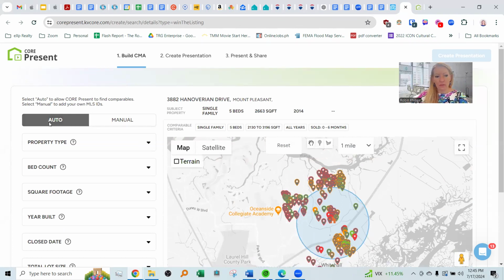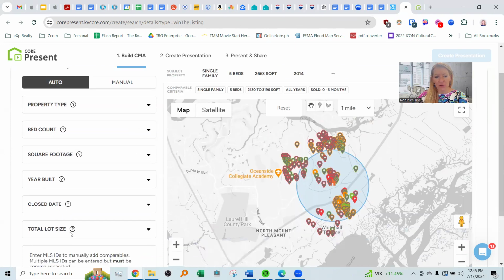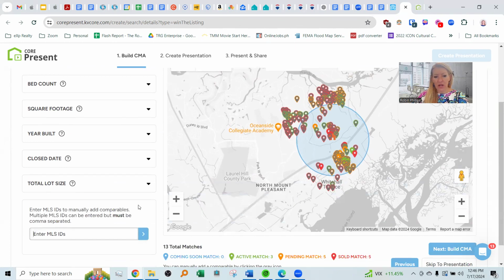You can change all of this stuff over here, the close date. You can enter manual comparables. Jeepers, do you know what? I don't think it works for Canada. Really? It's got the city, Edmonton, but when I go to state, I don't see Alberta there. This one's an Alberta property.